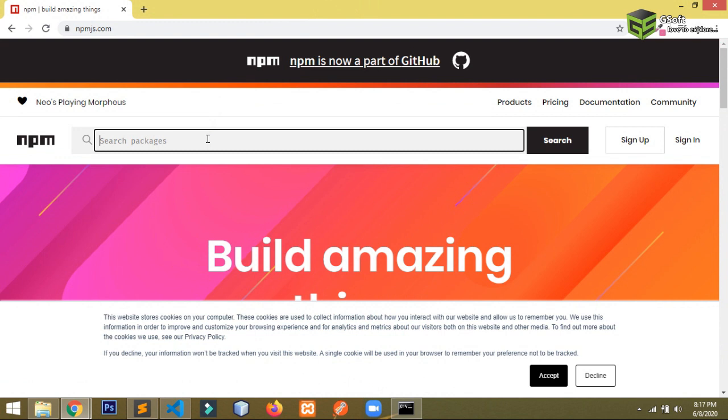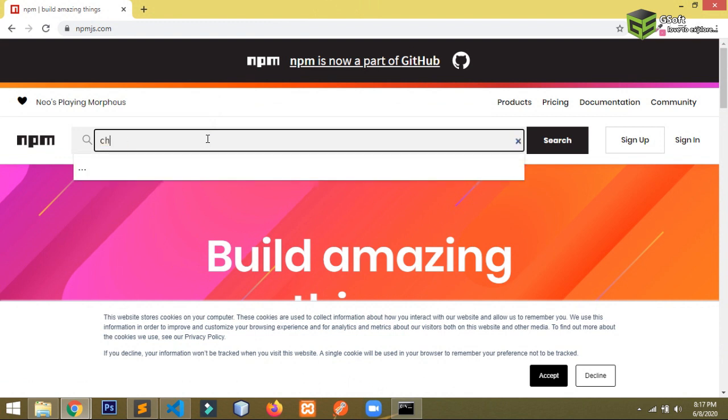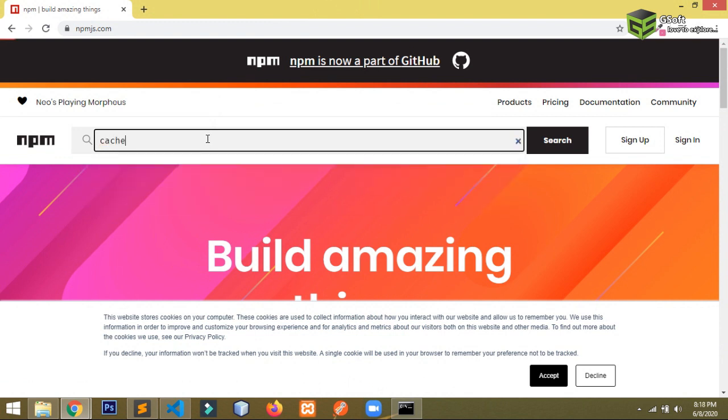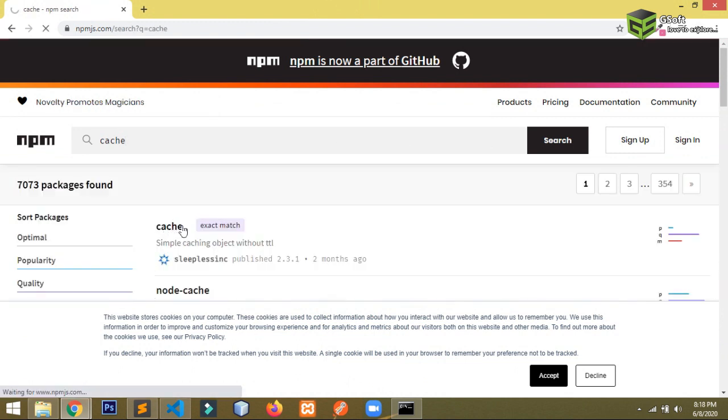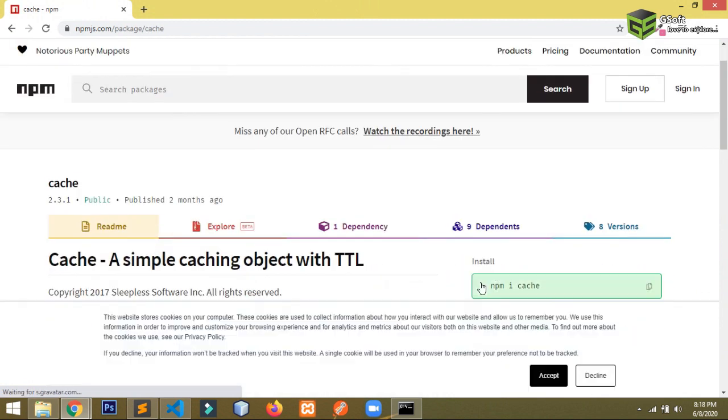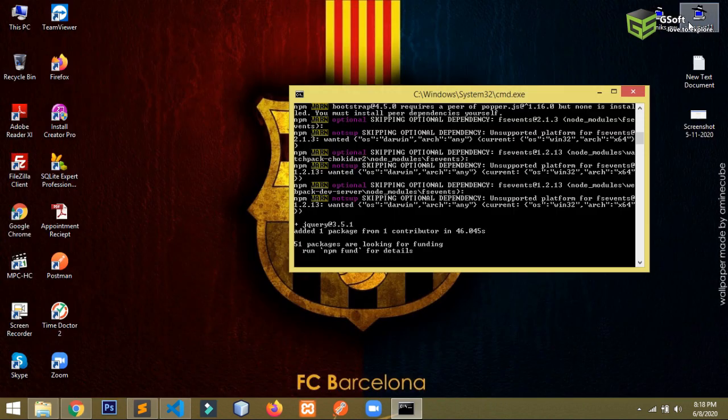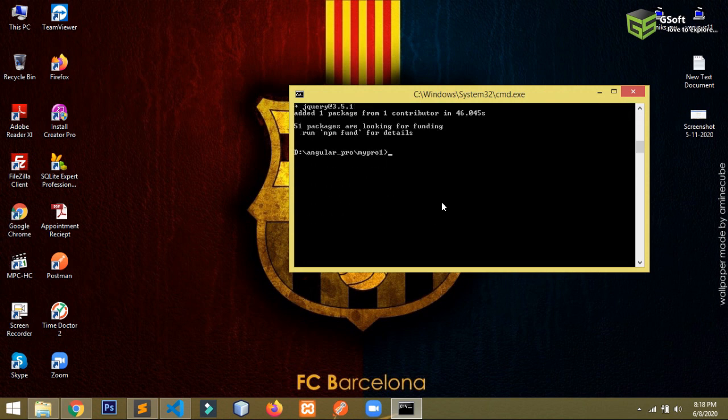Suppose you want to use a cache package, you can just search, click on the button here, and then you will see the command for installation. So in this way you can install as many packages as you want on your project.